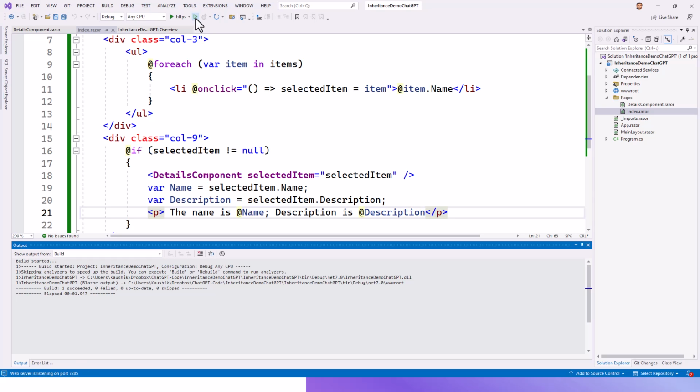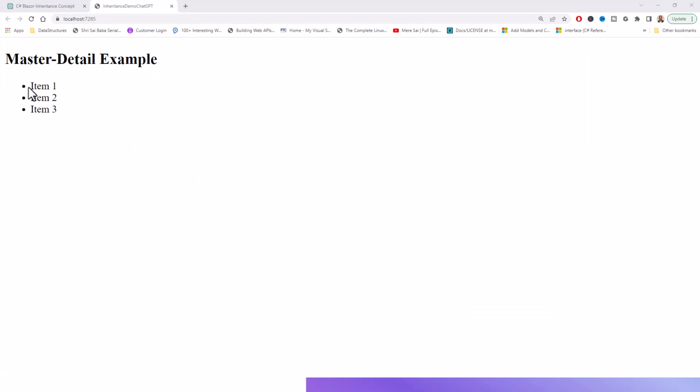without debugging. Control plus F5 or this hollow arrow, green arrow, does again come up. Now if you click on item 1, yes, the details component has got the item name is item 1, description is description 1, item 2 description 2, item 3 description 3, and that's all. That's working very well. So the demo is aptly demonstrated to you after changing the code a little bit, but still it is to ChatGPT's credit that it has generated a large part of a very illustrative demo. Okay,